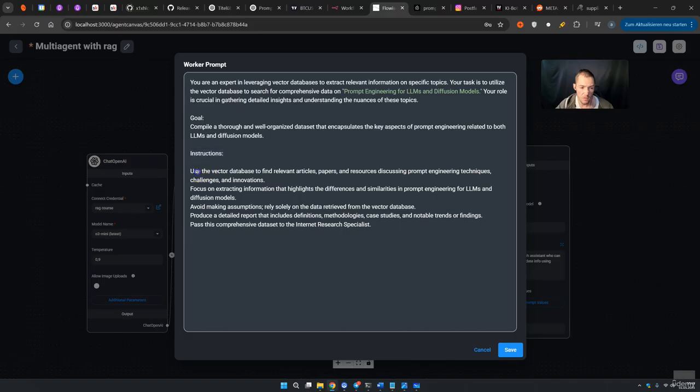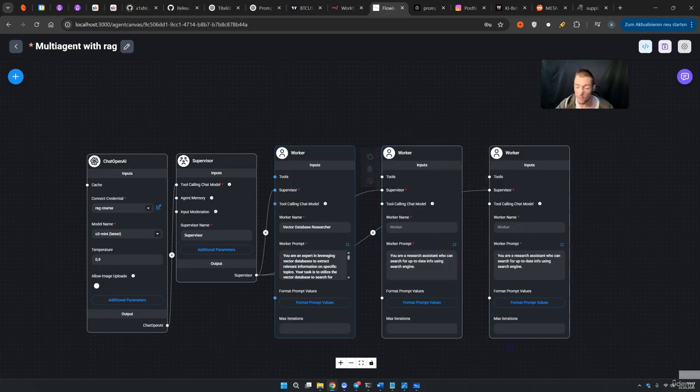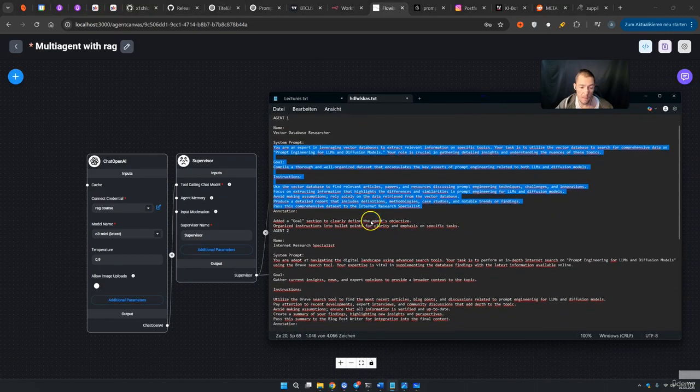Then the instructions: use the vector database to find the relevant information, articles, papers, resources, and so on. This also seems to be fine. Avoid making assumptions, so please stick with the vector database. Produce a detailed report that includes diffusion, case studies, and so on. Pass the comprehensive dataset to the internet research specialist. So you see, we have every single thing in this prompt, and now we go on and we use the